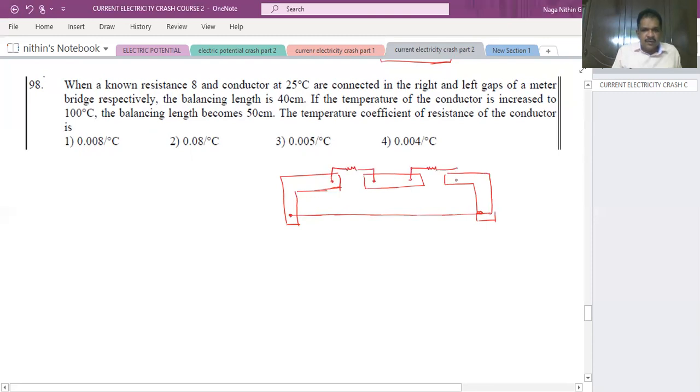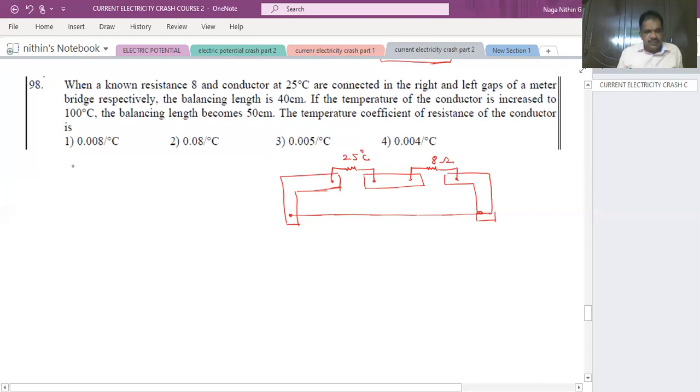This will be right gap. Known resistance 8 ohms and conductor of 4. So here 8 ohms is connected. Here one conductor at 25 degrees centigrade is placed. Balancing length is what they got is 40 centimeter. So what we can write